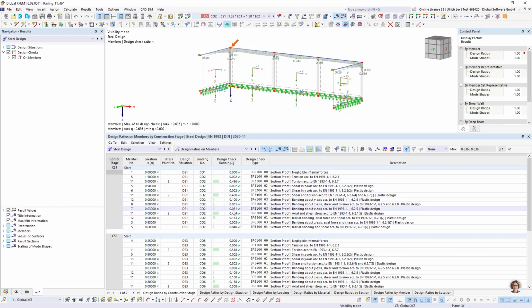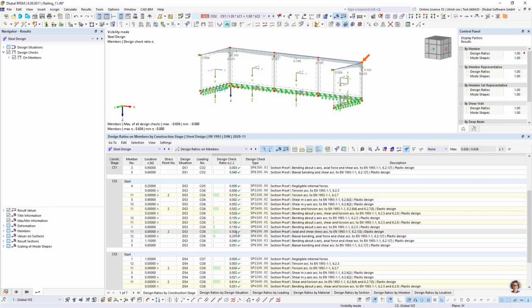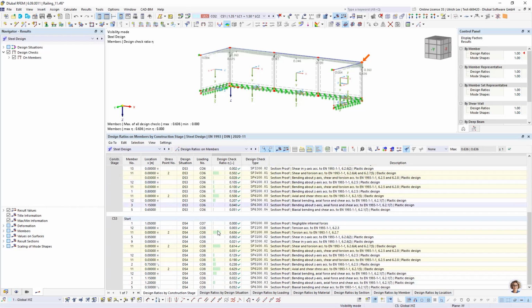The maximum is nearly 50% for stage 1. It's a little bit over 50% in stage 2. And it's about 65% in stage 3. So everything is okay. This handrail is okay